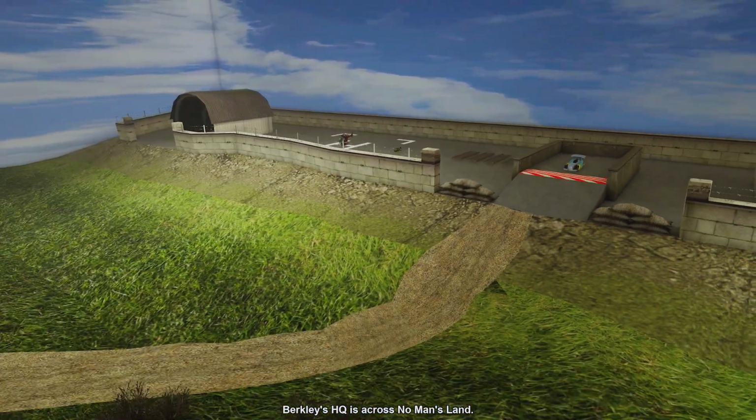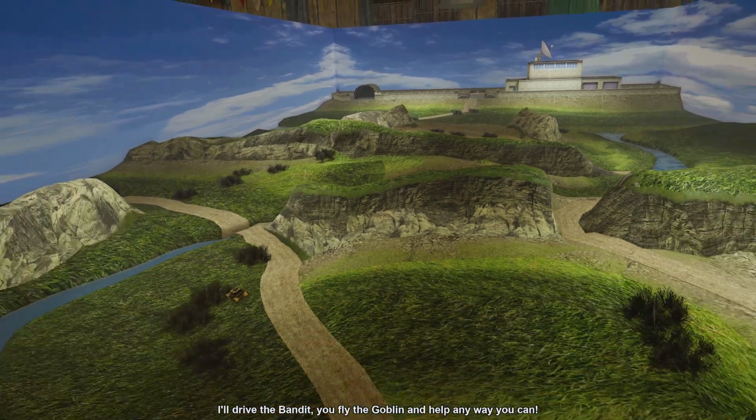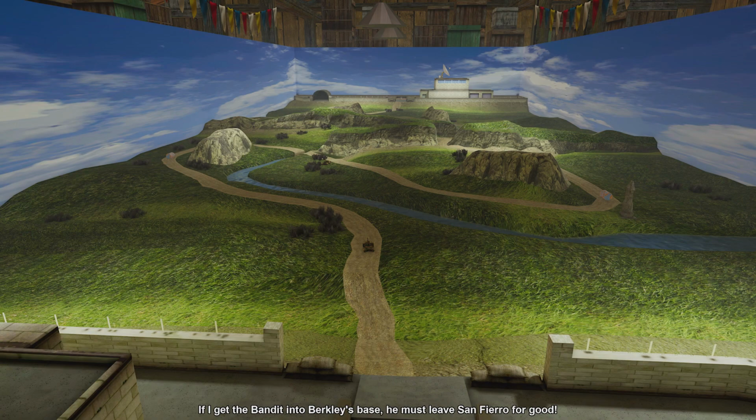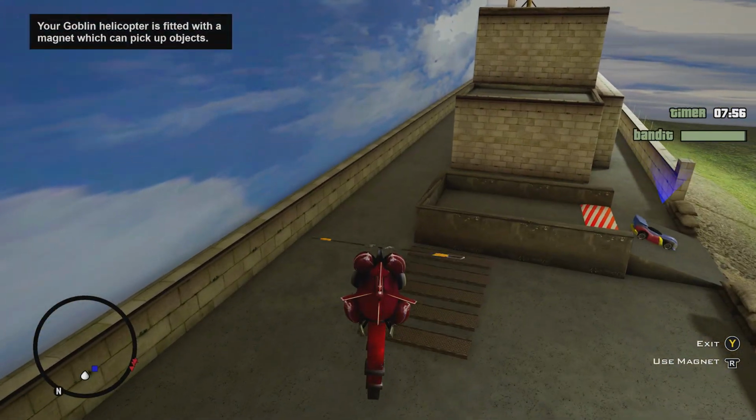Berkeley's headquarters is across no man's land. I'll drive the bandit, you fly the goblin, and help any way you can. If I get the bandit into Berkeley's base, he must leave San Fierro for good. Let battle commence! Yes, and henceforth this battle shall be called the Battle of...